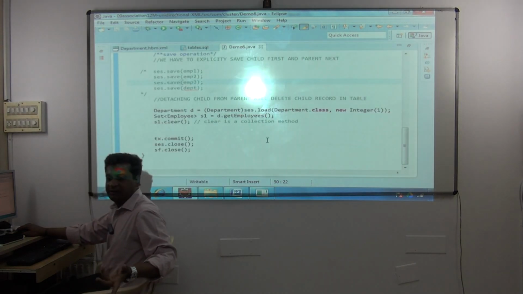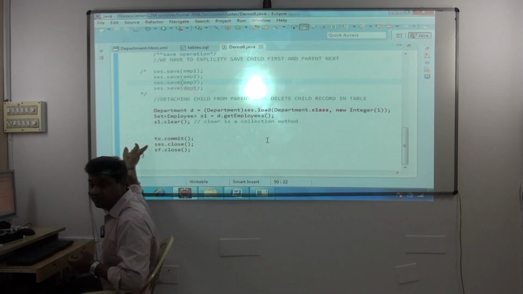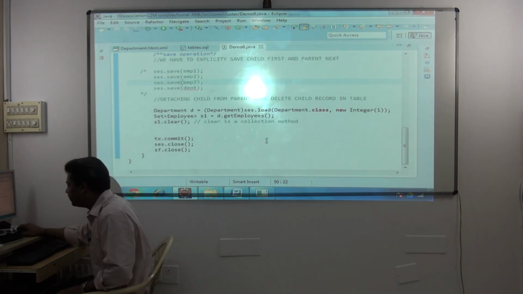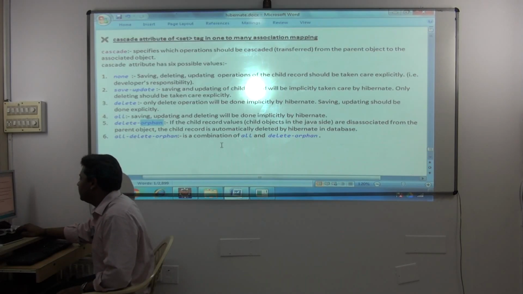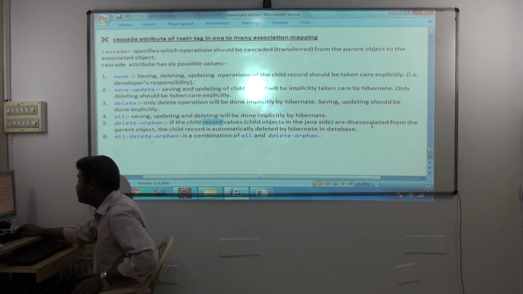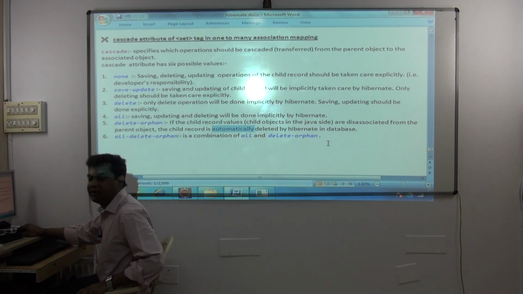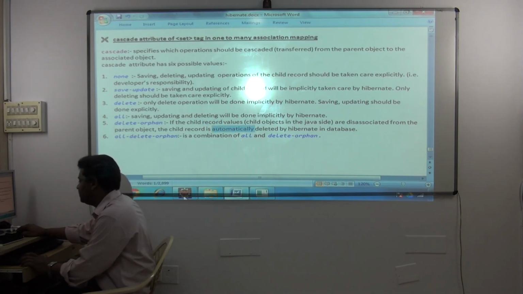Where have I deleted? I am calling clear. Clear is a method of collection. That's very important now. So what does it say? If the child record values, meaning child objects on the Java side, are disassociated from the parent object, the child record is automatically deleted by Hibernate in the database. Means